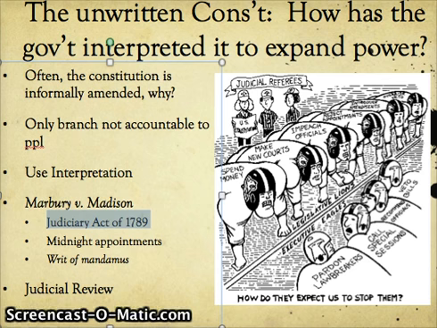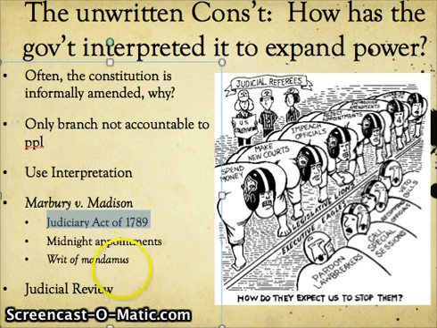The framers wrote Article 3 to be very short. They don't really take the time to organize or structure the judicial branch. So once Congress starts working, they realize that there's a lot of holes left in how the judicial branch would work. So they started to pass legislation that clarified the organization and the structure of the court system. That law is the Judiciary Act of 1789.